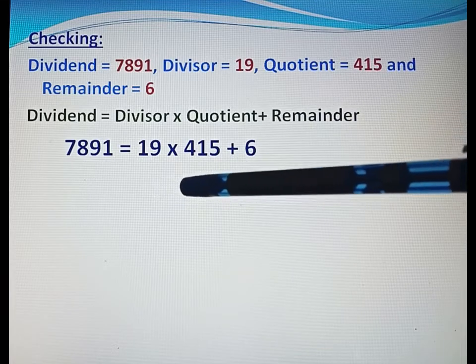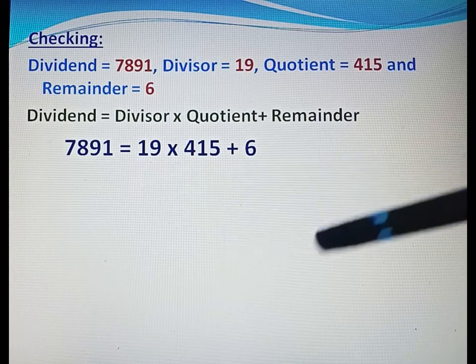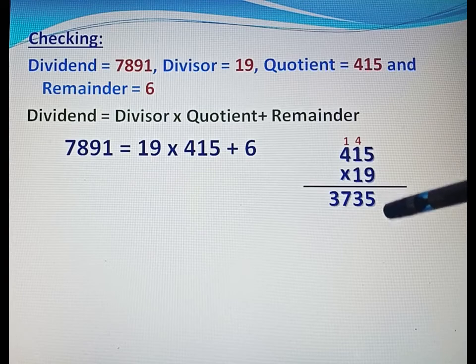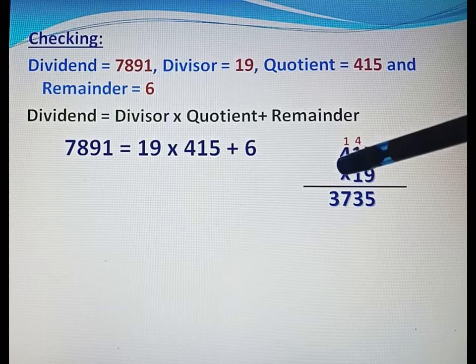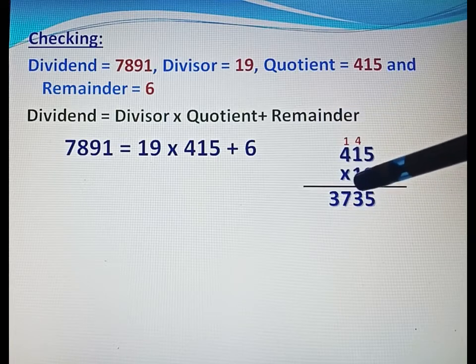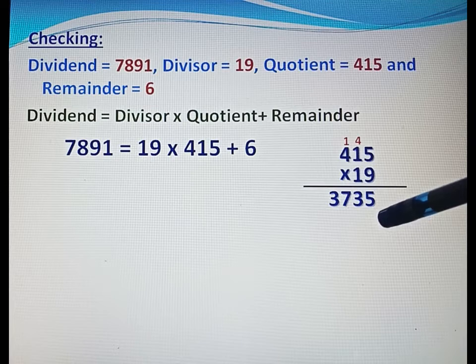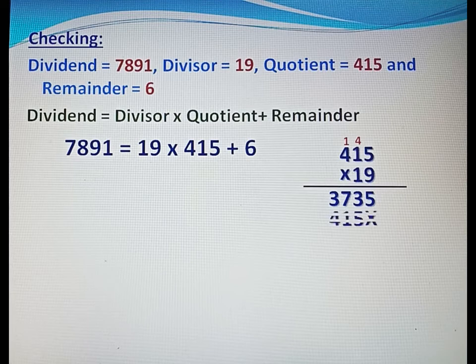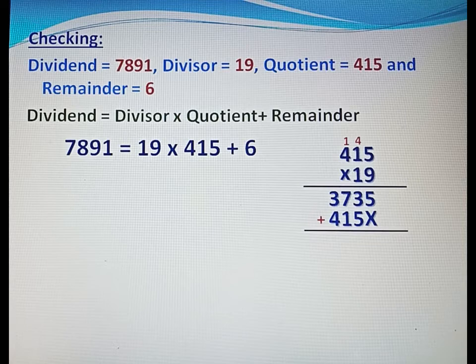We will multiply 415 by 19. Multiply 9 5 ja 45, 5 4 carry, 9 1 ja 9 plus 4 13, 3 1 carry, 9 4 ja 36 plus 1 37. This one is on tens place, so we will write here 1 cross over 1 0, and then we will multiply this 1. 1 5 ja 5, 1 1 ja 1, 1 4 ja 4, and then we will do addition. 5 3 plus 5 8, 7 plus 1 8, 3 plus 4 7.